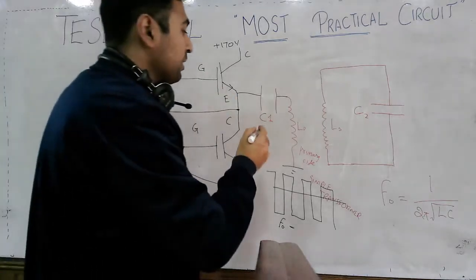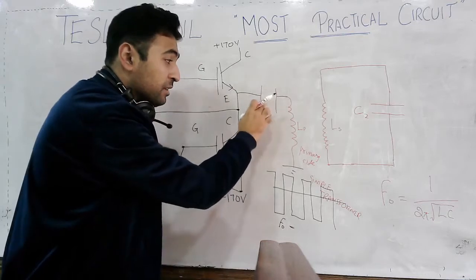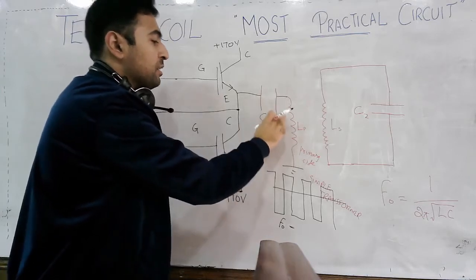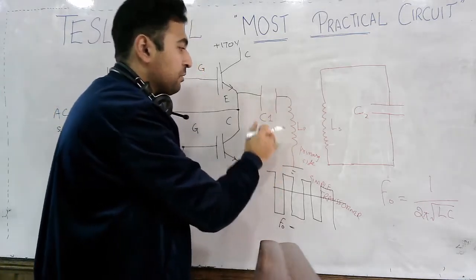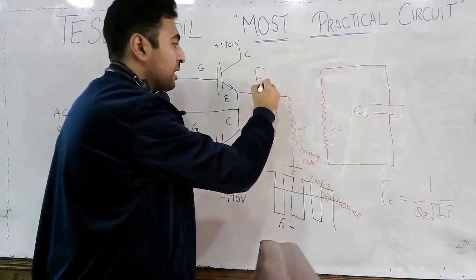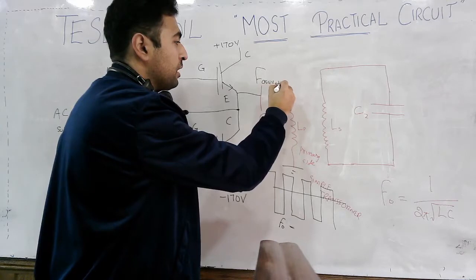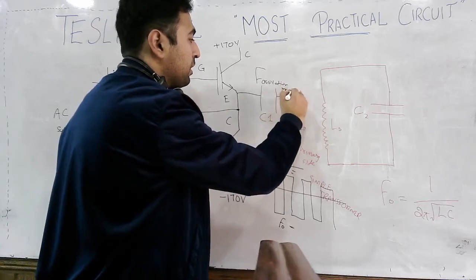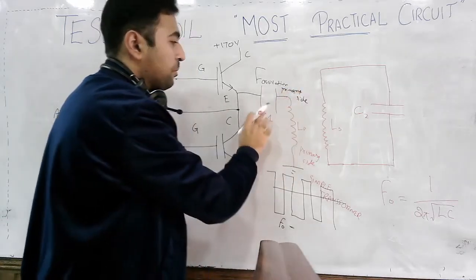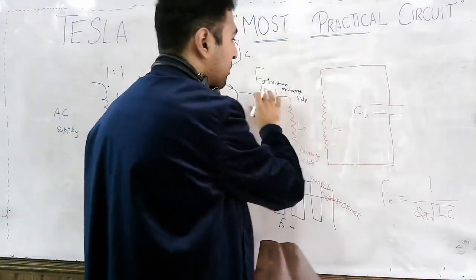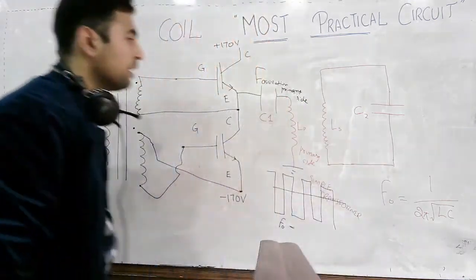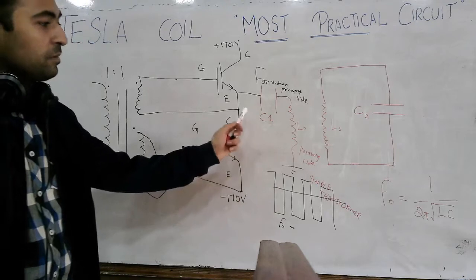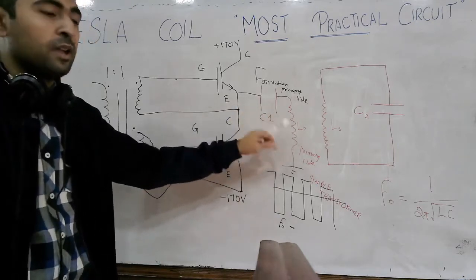We also want to hit this capacitor and inductor on the primary side with such a frequency, which is the oscillation frequency, F oscillation, on the primary side, and the oscillation frequency on the primary side must match with the oscillation frequency on the secondary side. So the frequency of the waveform here must match with the oscillation frequency here,